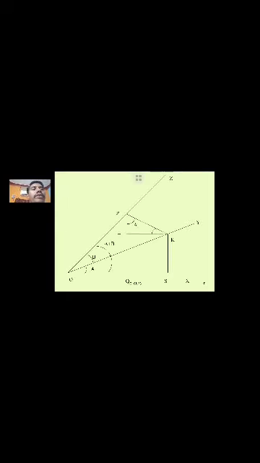Geometrical proof for sin of A plus B and cos of A plus B. Theorem: if A, B belong to R, then sin of A plus B equals sin A cos B plus cos A sin B, and cos of A plus B equals cos A cos B minus sin A sin B. Look at the diagram. And in the exam the proof is not needed. For your